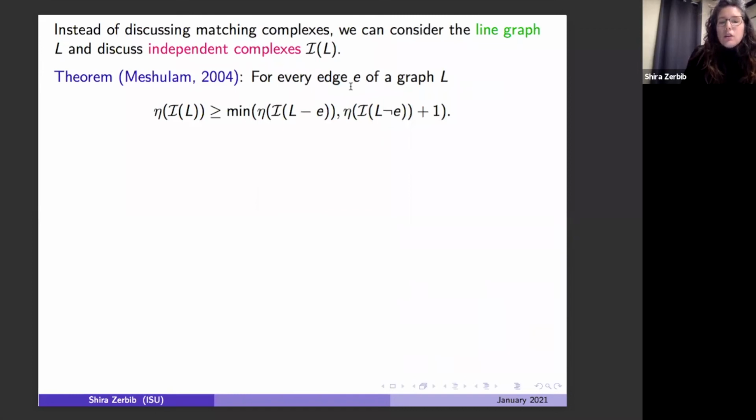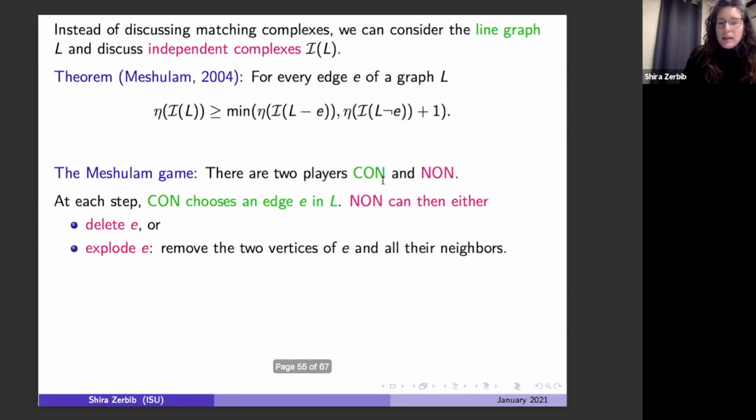For every edge E of the line graph L, or of any graph L, the connectivity of the independence complex of L is at least the minimum between the connectivity of the independence complex of the graph that we get by removing E, and the connectivity of the independence complex of the graph that we get by exploding E, plus 1. I will explain this